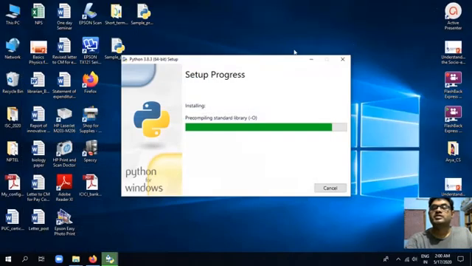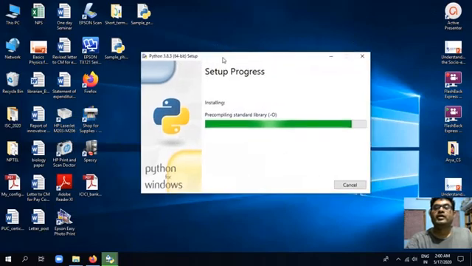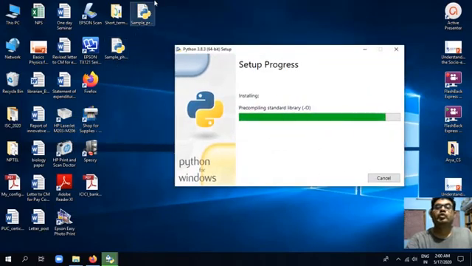As you can see on my desktop, I have two Python program files. And again, the Python package is very small, about 25 MB. It will not take much time to download and install.